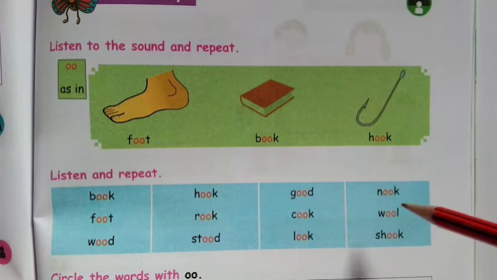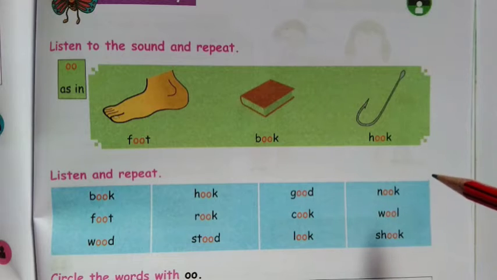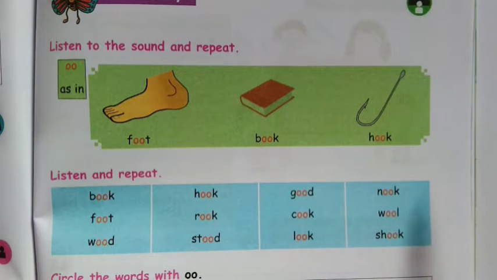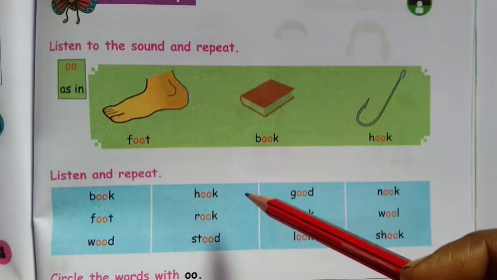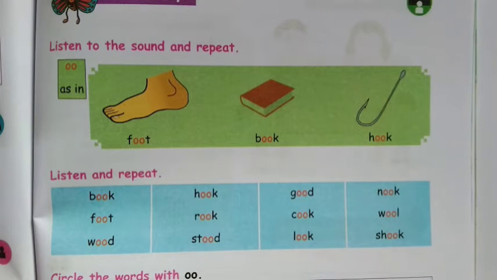We already learnt about the blending technique. So when you read any word, you just use the blending technique. First you have to find the beginning sound and then the middle digraph sound, which in these words is oo, and then finally find the end sound, join all the sounds together and read the word. Okay, just try to read the words by blending technique.